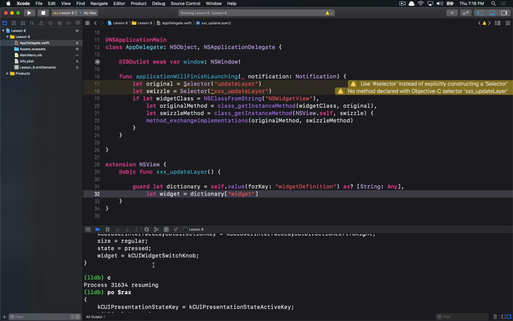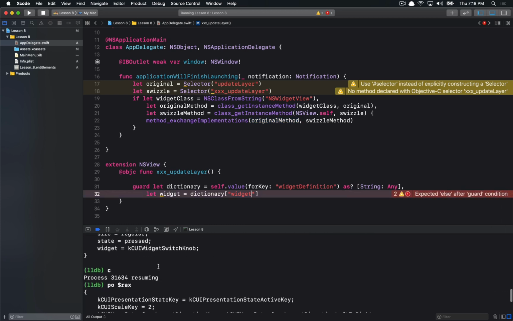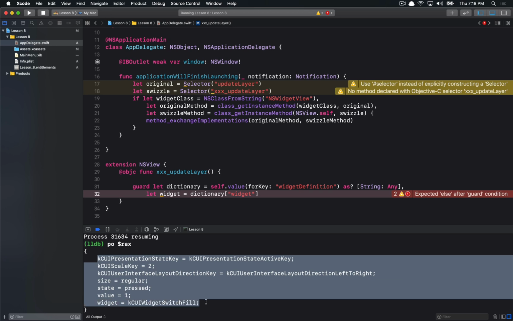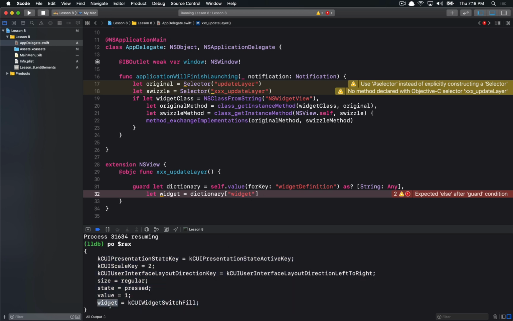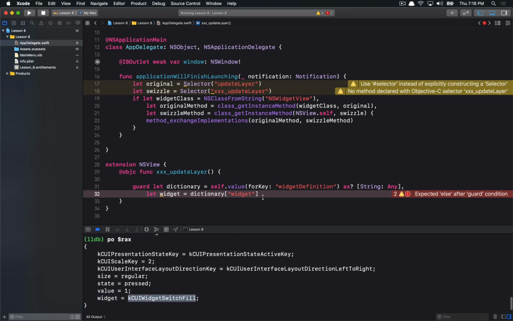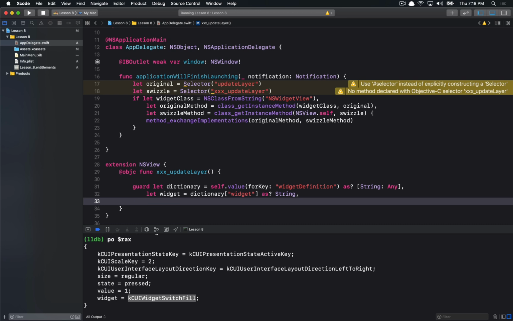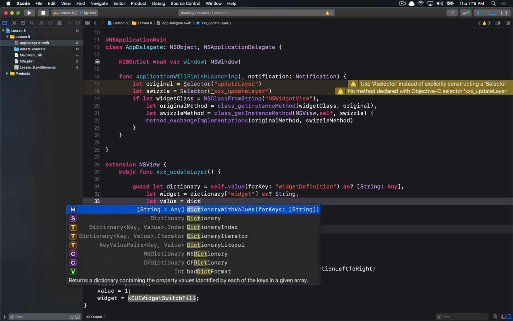And if we remember back to what we had here, when we were looking at the different states, I'm trying to pull different values out of this dictionary that we discovered. So I'm trying to access this widget key so I can get whether we are in the switch fill or not. That's one thing that I'm trying to access here, what is that widget. And I assume that the output is a string. And then the other thing is we want to get the value to determine whether it's on or off. So we can say dictionary